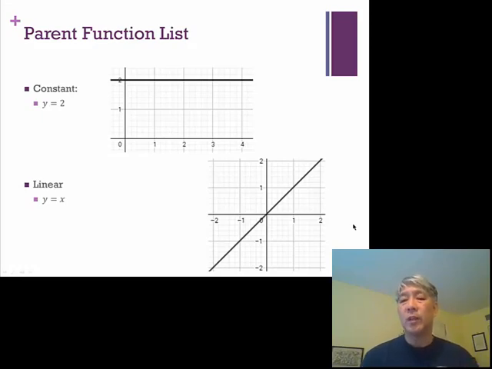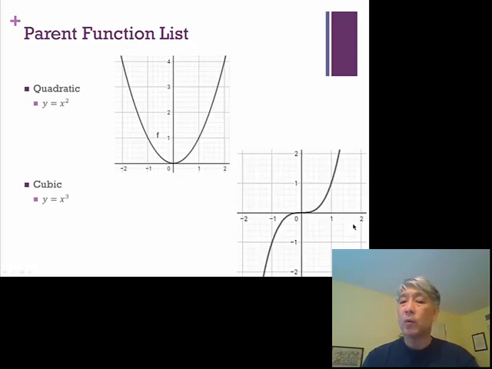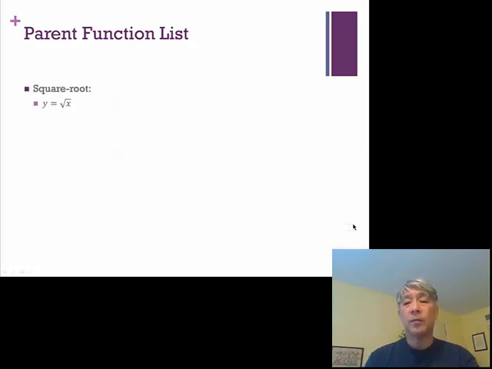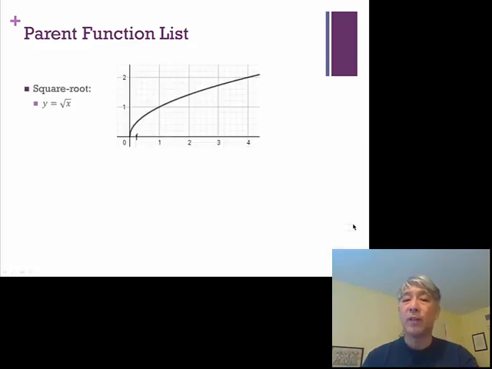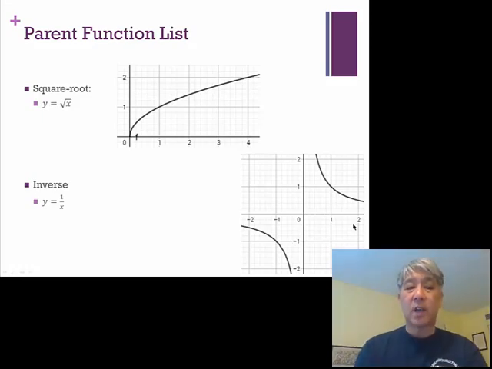We will be looking at this in more detail today and go to the more standard format that we're used to thinking about it as y equals mx plus b. In tomorrow's lecture, we'll look at the m and the b and see how that changes this function y equals x. Okay, other parent functions that we'll be taking a look at, y equals x squared and y equals x cubed, the quadratic and cubic. Okay, that's what these equations look like. A couple of other odd ones that we'll see, we'll have a square root graph. It looks like this. Okay, and the inverse graph looks like this. Okay, the inverse graph is an odd graph. The function is odd,